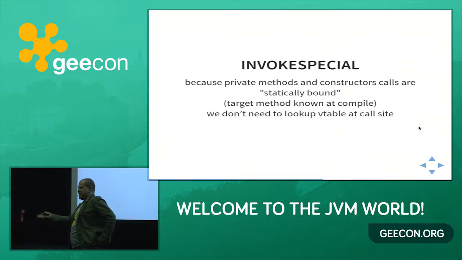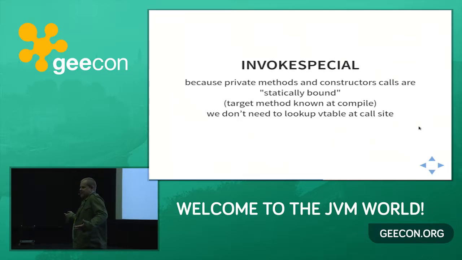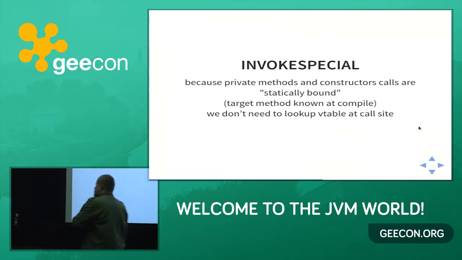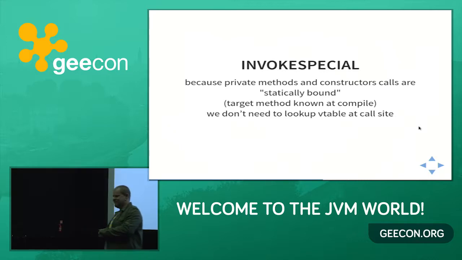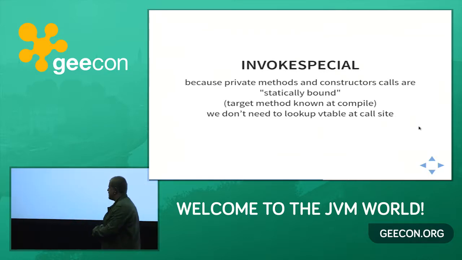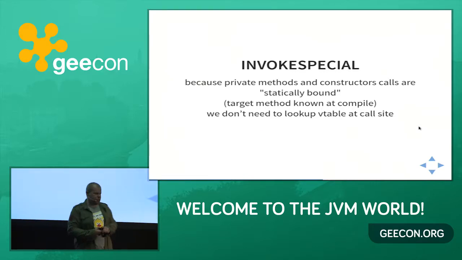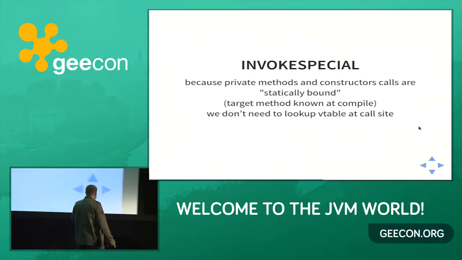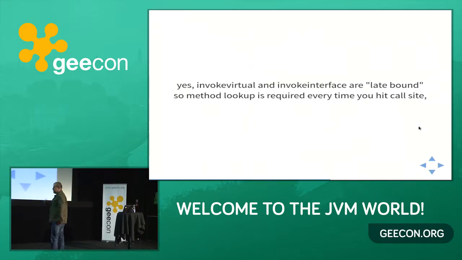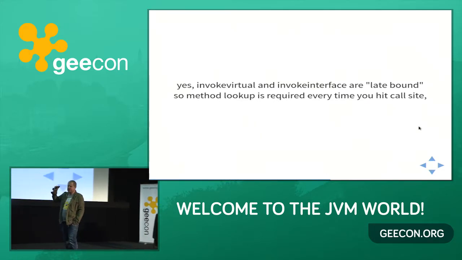These are the private methods, because you can't overwrite them, yeah? So when a method is private, you don't have to do a virtual table lookup. And of course, everything you marked final. Okay? So every time you call a final or private method, or you call a constructor, or you call super, you have to use invokespecial to omit the call to the virtual table. Okay? Are you with me? Yes, you are.